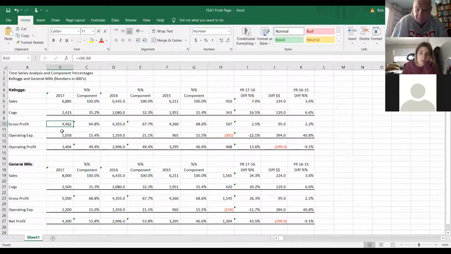Yeah, I think that I see the pattern now. Okay, so that's pretty easy. So this adds down to 3404. This better add down the same way. 100 minus 35.2 equals 64.8, minus that. So okay, this